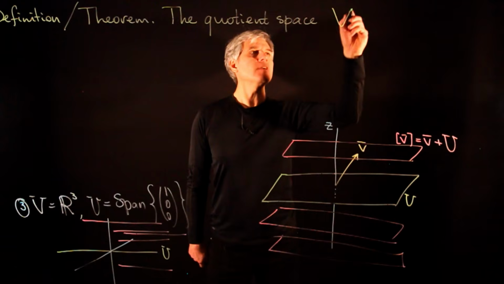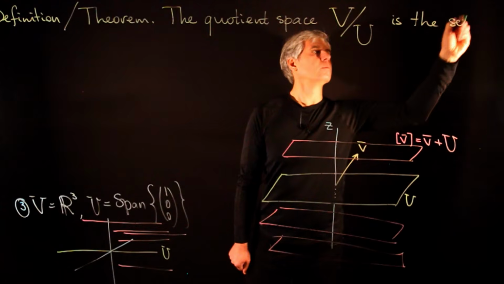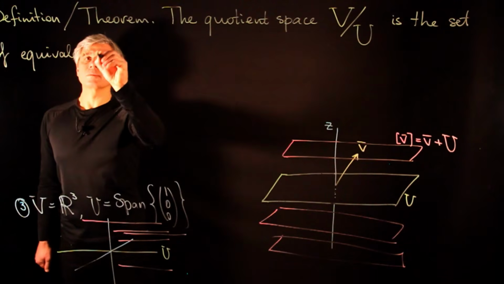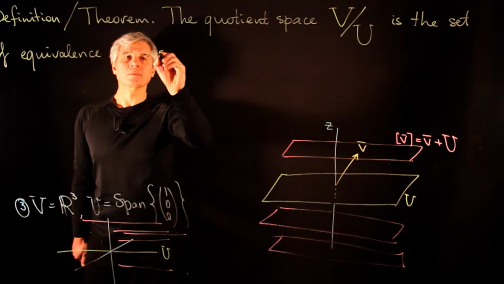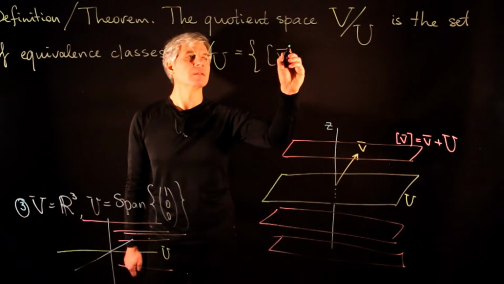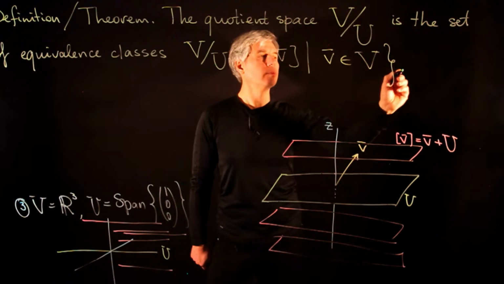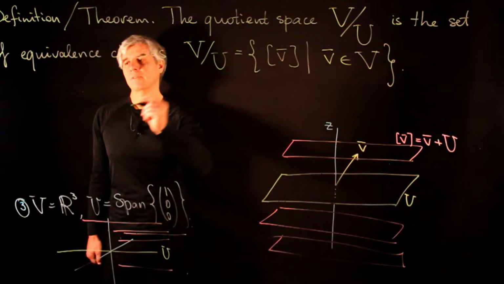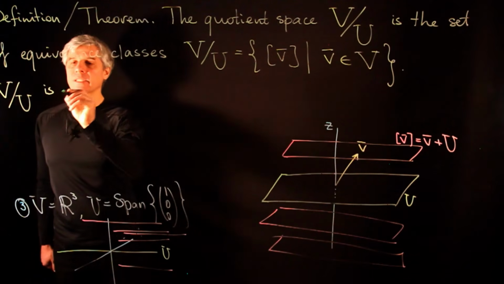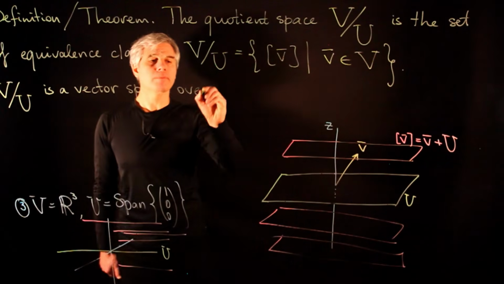The notation for this is V quotient by U, and it is the set of all equivalence classes under the equivalence relation induced by subspace U. And the theorem part of this definition is that this quotient space, V quotient by U, is a vector space over a field F